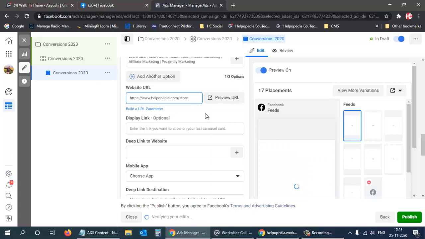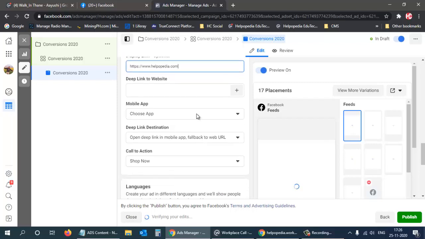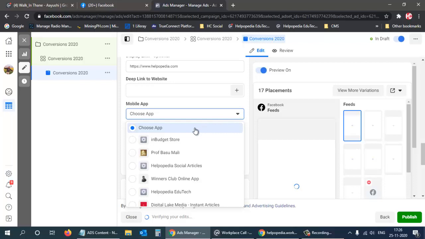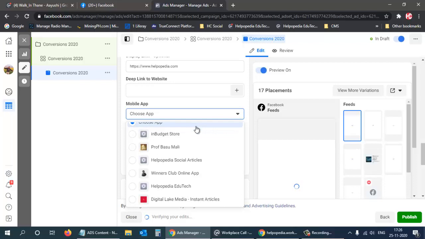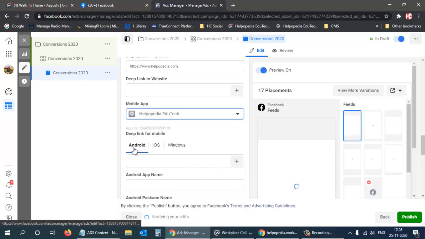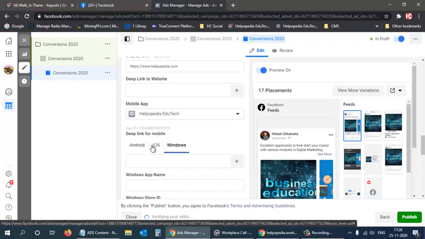Okay, and then display link would be the website URL, and deep link we are not selecting. So okay, so here choose an app. So mobile app, we don't want to choose anything, so just let me select this. Android, iOS or Windows.